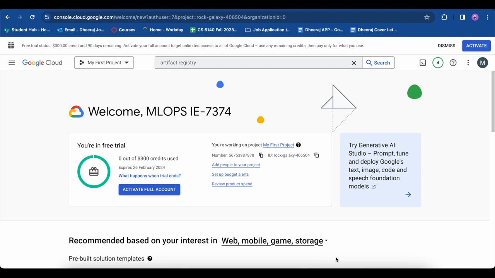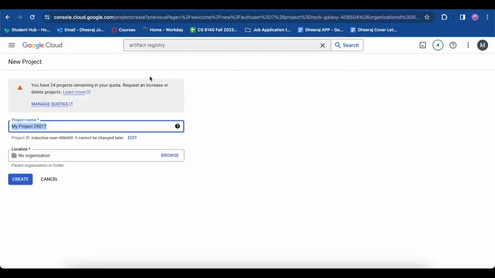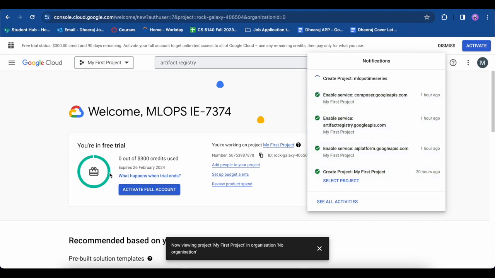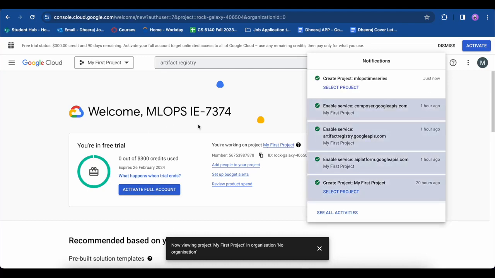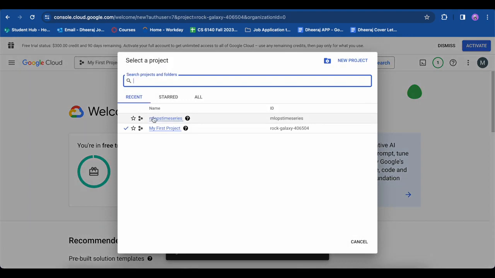For our time series end-to-end project, first we'll create a new project and we'll start from scratch. I'm creating a new project. Yeah, the project is now created. So I'll select this as my project